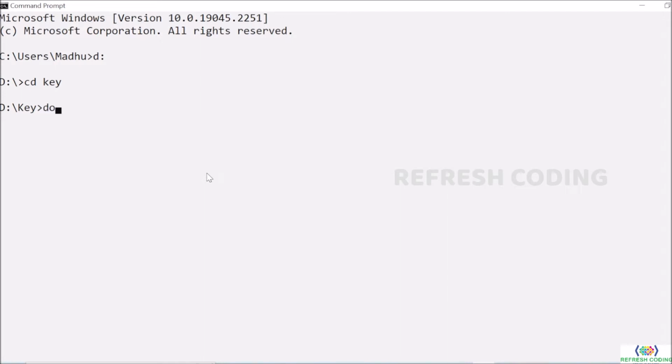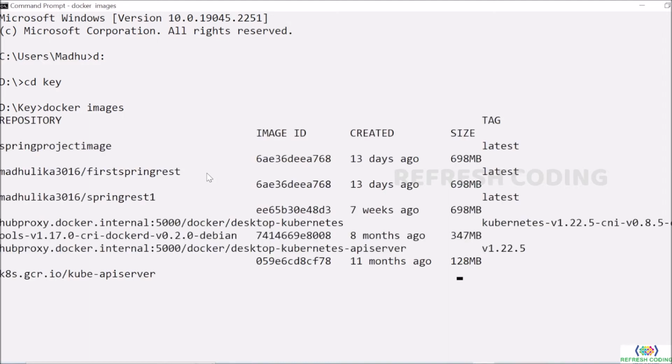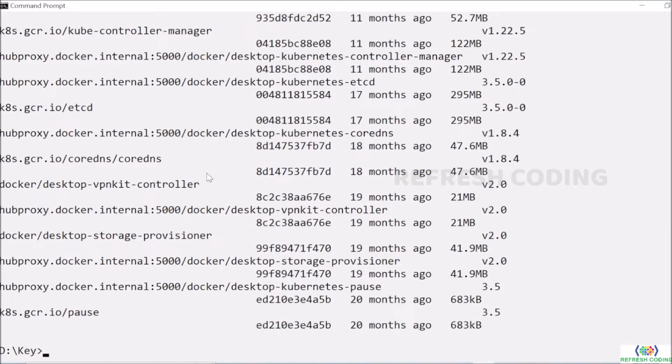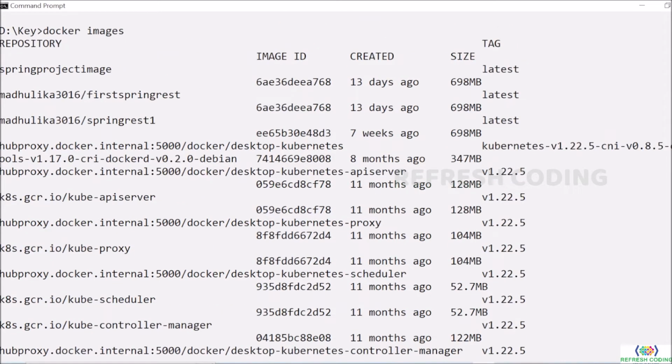Now we will verify that we have got the image. So I will just run one command as docker images. It will give me the list of all the images, and you can see, if you can see here, we have got our image. So the image is this one, first Spring REST.